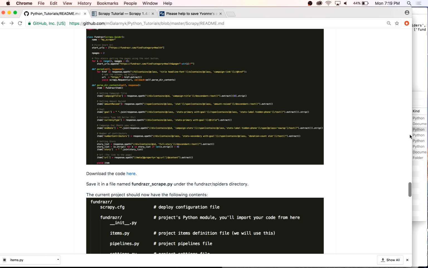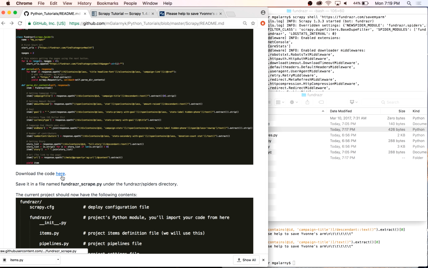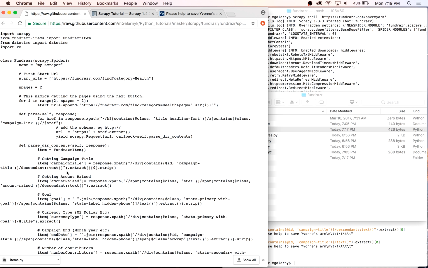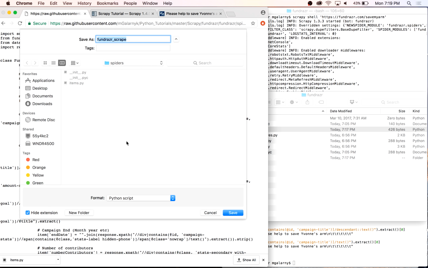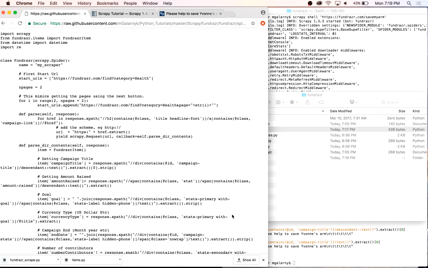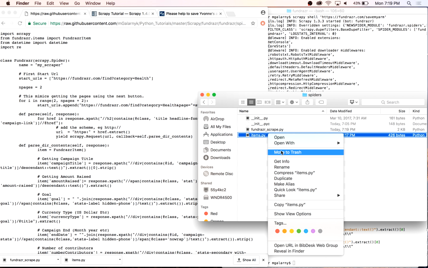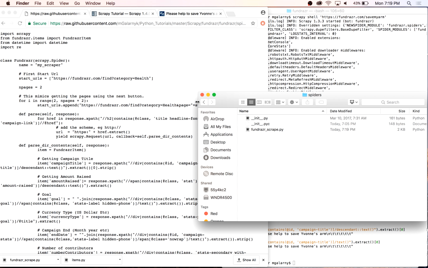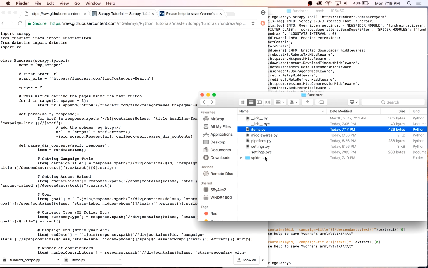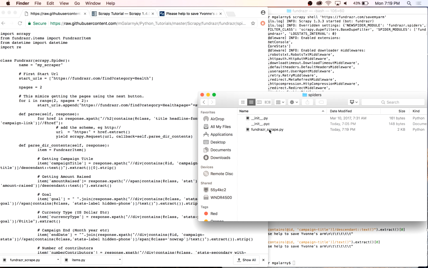So to get this spider to work for this tutorial, download the code here, click on this, Control S or Command S, and we save it under spiders. Okay, let me make sure it's in the right place. Okay, so it should be here, and this should not be here. Items.py should be only over here. Okay, and fundraiser scrape should be in the spider folder. Okay,